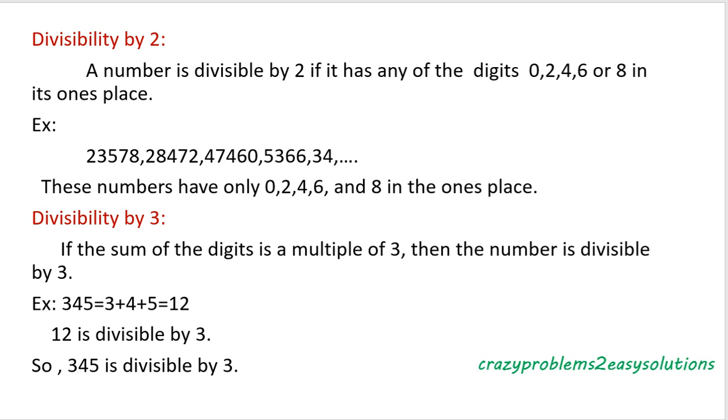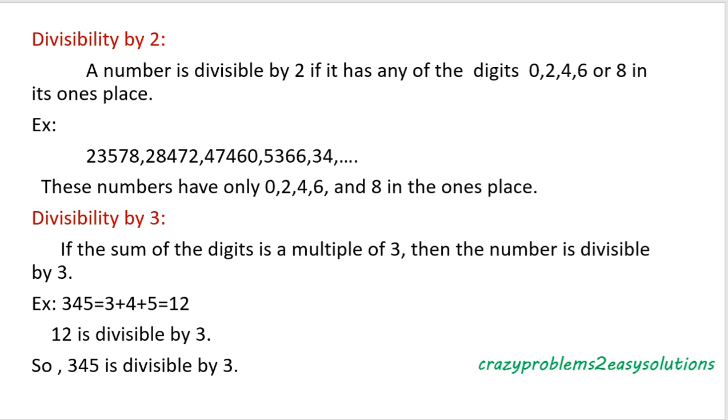Divisibility by 2. A number which has 2, 4, 6, 8 or 0 in the ones place is divisible by 2. In any number, you focus only on the ones place. If you get an even number in the ones place, then that number is divisible by 2. For the first example,